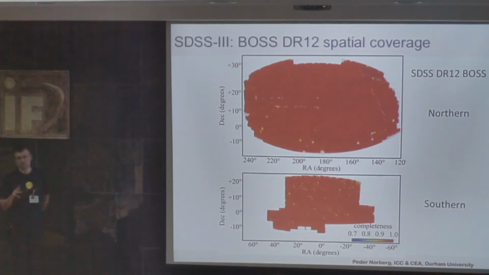This, I think, is beautiful. It's extremely rare to see something final which is so complete, so uniform. Sorry, there are two patches here, which might not be ideal, but honestly, it looks really good. And look at the completeness scale. They haven't tried to hide it in the numbers, because it's very easy to make a nice plot from 0 to 1 where you don't see the scale. This is from 0.7 to 1, and nearly everything is between 0.9 and 1. It's beautiful, but extremely rare. When we work with great data sets, one thinks it's always going to be like this. No, it's going to be hard to make sure. This is very rare, and that's why it's beautiful.